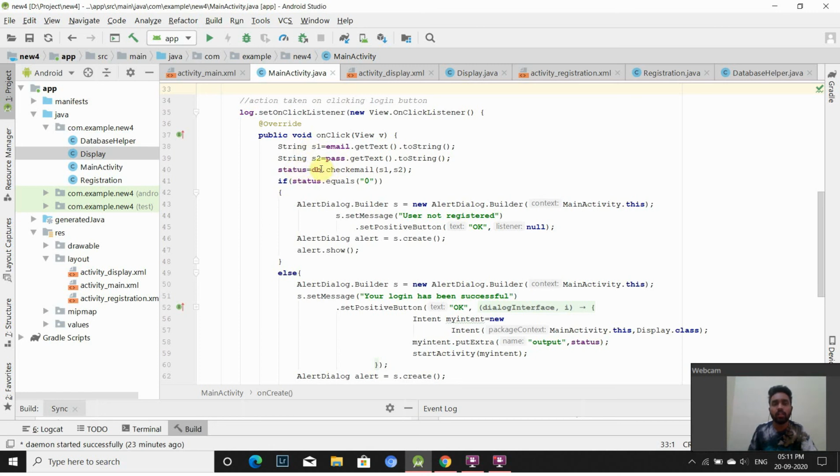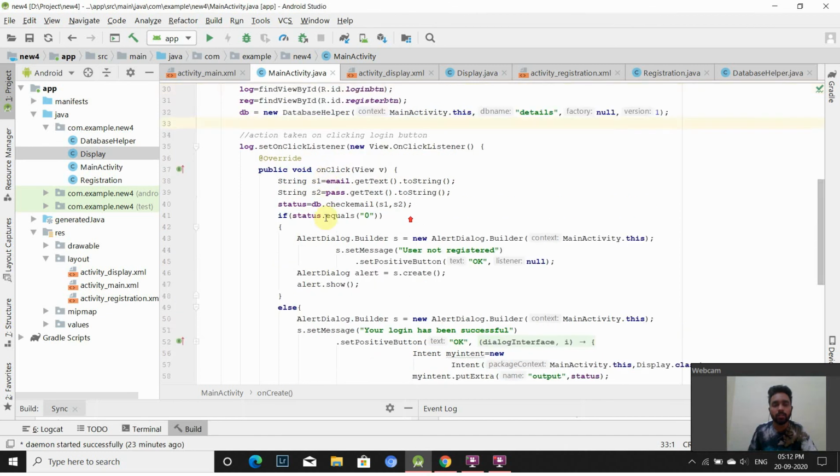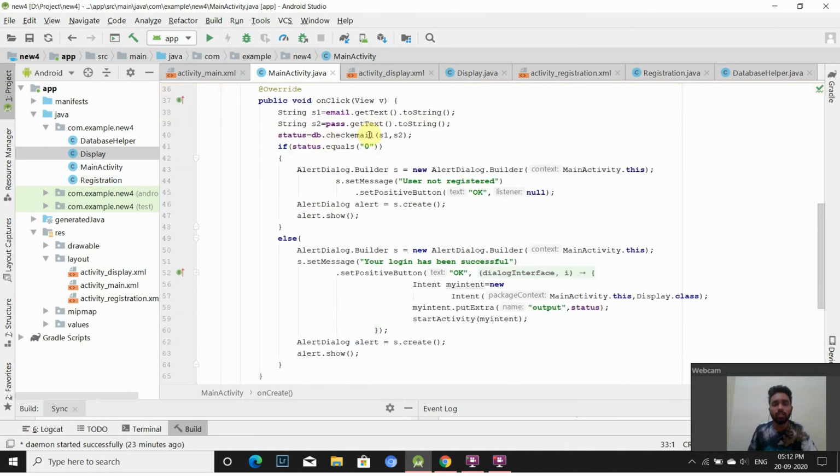For that I am using the database helper, that is db, to check email, that means s1 and s2. It will check the column email in the database db, it will take two parameters, s1 and s2, and it will give our status.